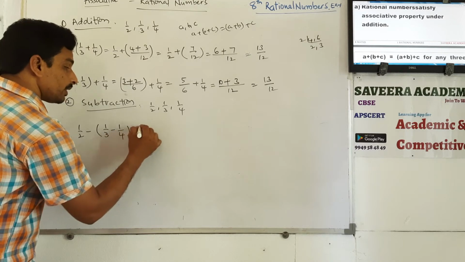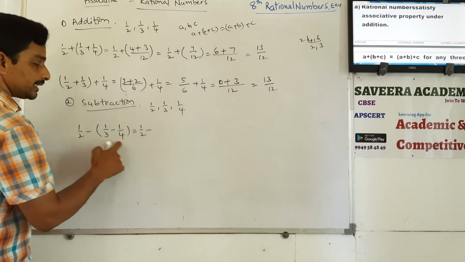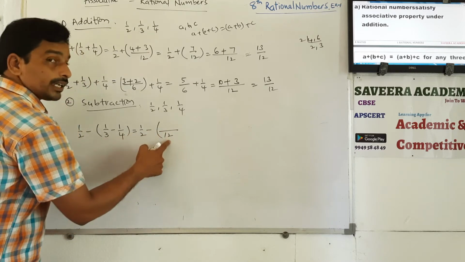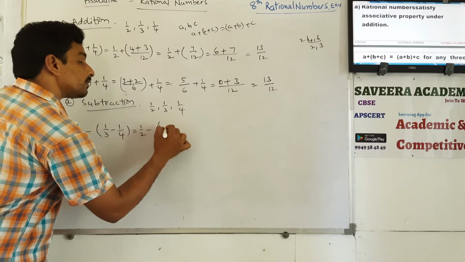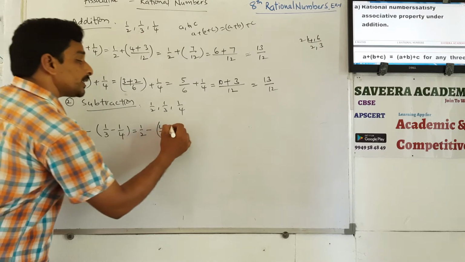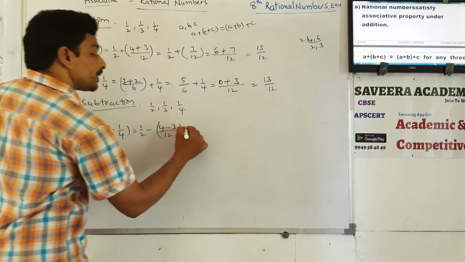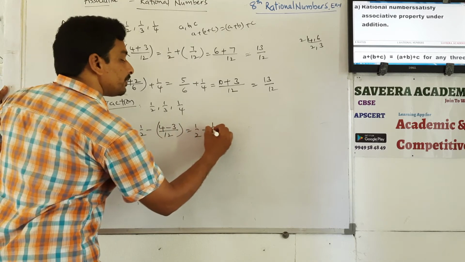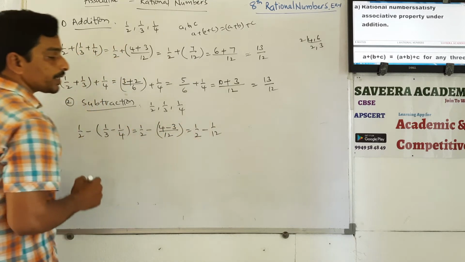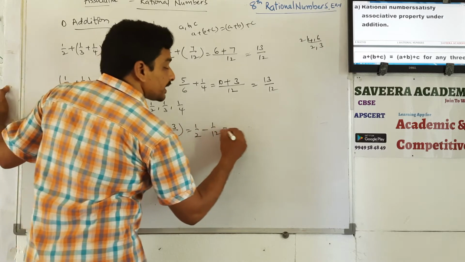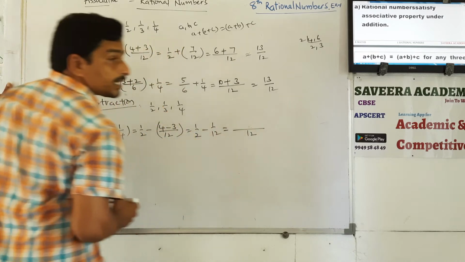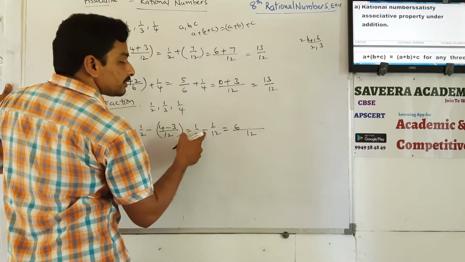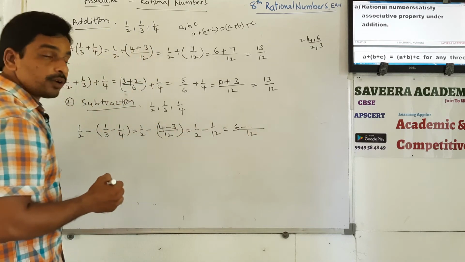So this is equal to 1 by 2 minus, LCM 12. 3 4 times goes, 4 ones are 4, minus 4 3 times goes, 3 ones are 3. So this is 1 by 2 minus 4 minus 3 value 1 by 12. Okay, this is equal to, what is the LCM? 12 is the LCM. 2 in 12, 6 times goes, 6 ones are 6, minus is there, so minus you have to write down.